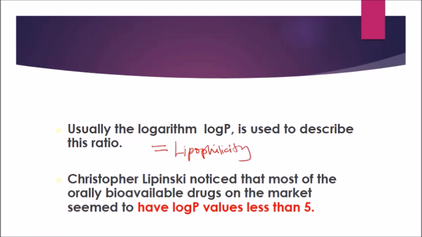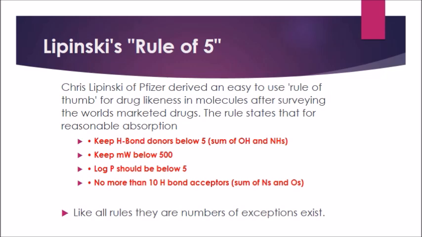And Christopher noticed that most of the orally bioavailable drugs, those drugs that can be absorbed through the intestine, on the market seem to have a log P value less than 5, most of the drugs. So following the observation that marketed drugs seem to have log P less than 5, here comes the Lipinski rule of 5. In the Lipinski rule of 5, it derived an easy to use rule of thumb for drug likeness in a molecule after surveying the world's marketed drugs, and the rule stated that we should keep the hydrogen bond donor below 5. For example, OH and NH in a structure, we should keep it below 5,